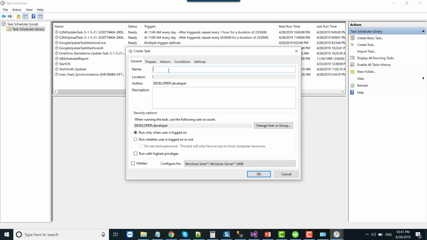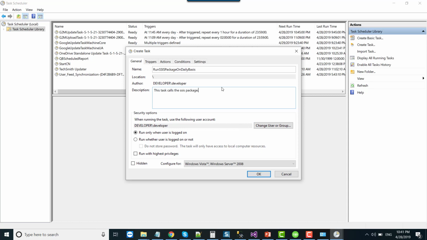I can call it Run SSIS package on daily basis. You can give any description to this task, like this task calls the SSIS package.